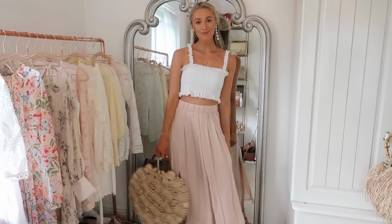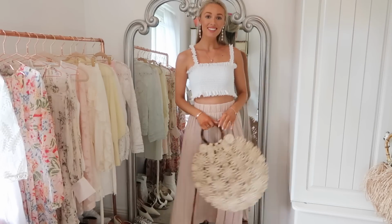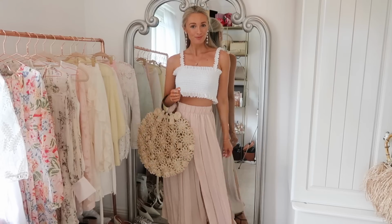This is kind of skin tight, but it's so light and breathable that it's not really bothering me too much. But overall, look for things that are really floaty. When you're wearing something long, make sure it's got slits in it, because otherwise you're basically trapping air in the maxi dress, or your skirt, or in your trousers. So when you are opting for something a little bit longer, just look for slits and things that can encourage